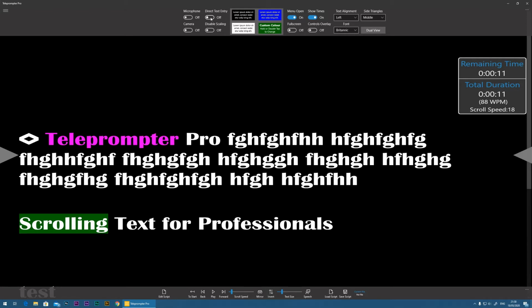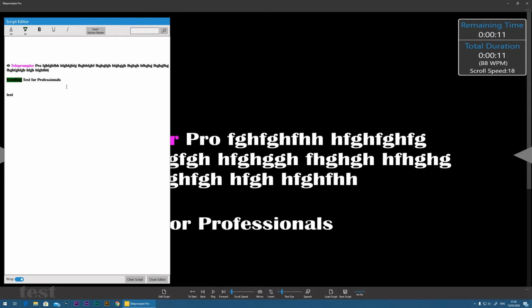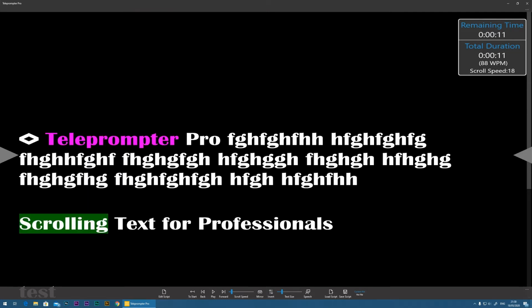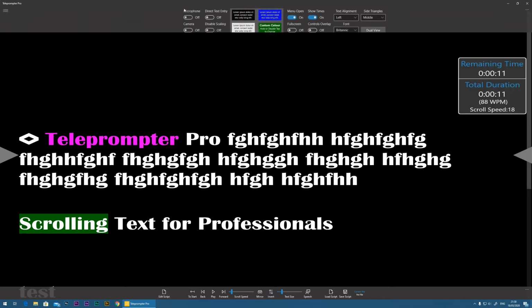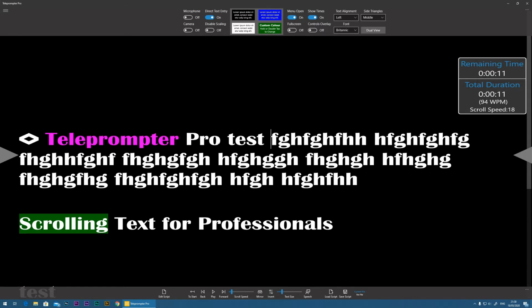Direct text entry. What this allows is, if you don't want to be entering text in here, but you want to enter text directly on this screen, you can enable direct text entry, and now you can add new text straight into here. But be aware,